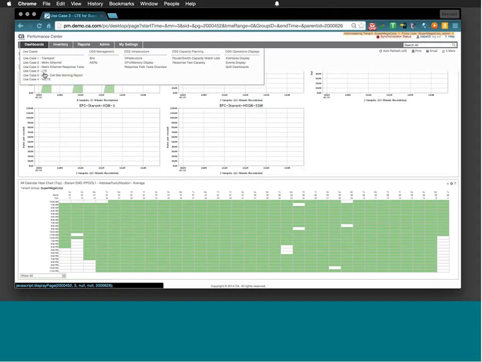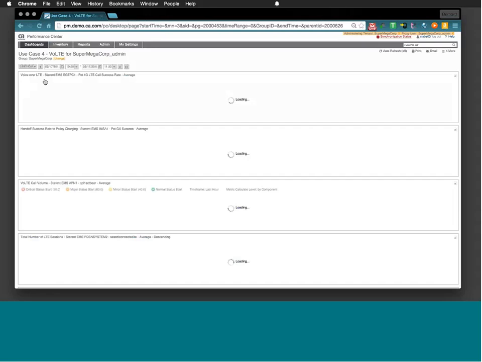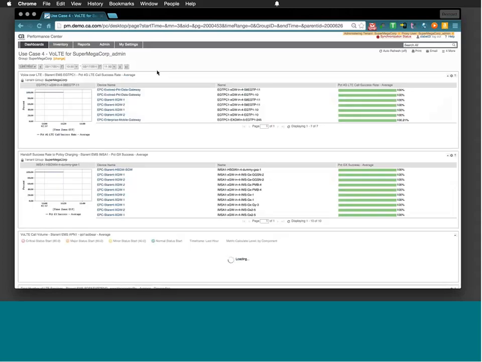And then as we go further down, we can look into VoLTE. So this is definitely the hot topic of what's been going on in the industry, and Verizon and T-Mobile and Sprint, all those guys are spinning up their VoLTE networks and expanding that out to the different markets. And we're starting to see other markets globally requesting this as well. But again, kind of leveraging the same device packs, but providing a little bit more information on the